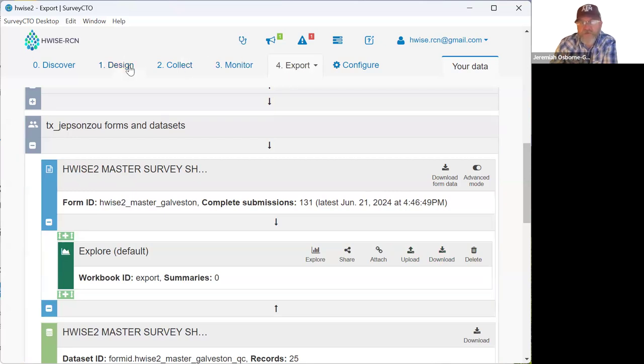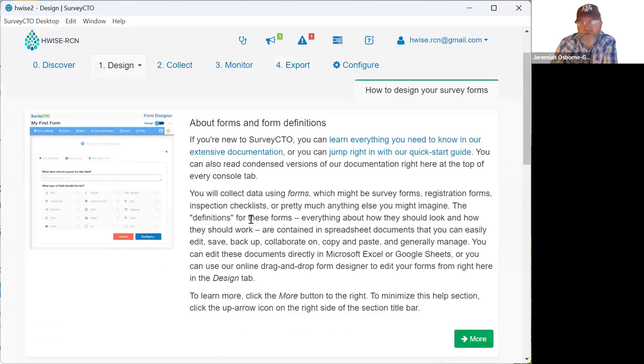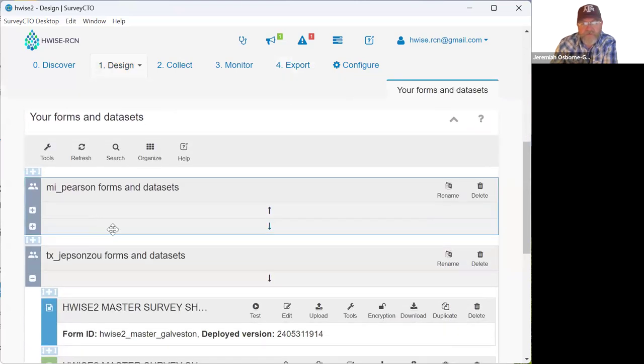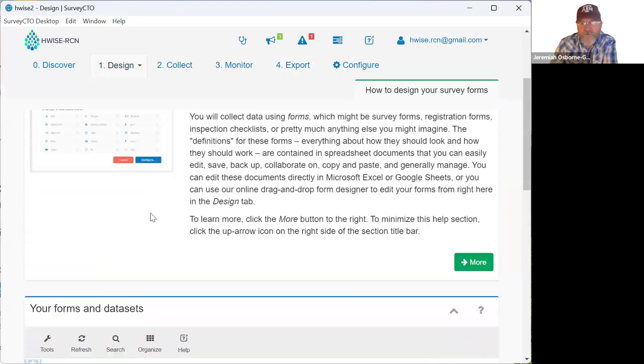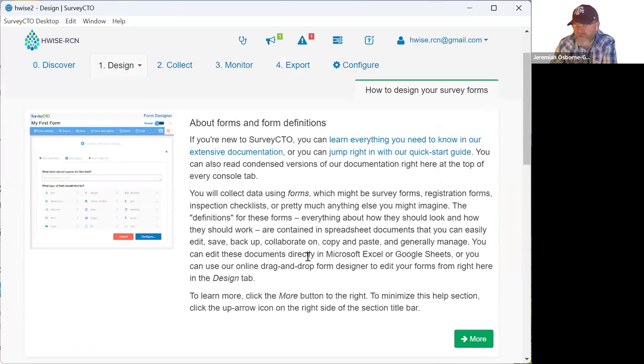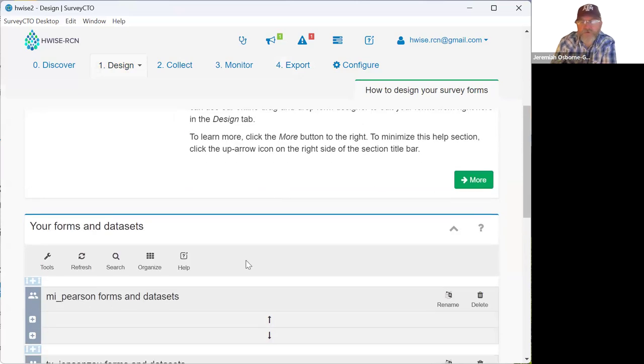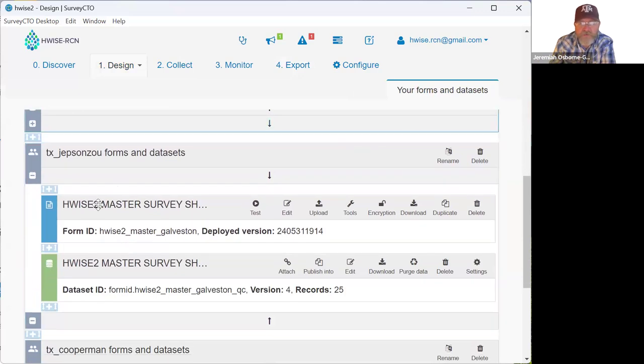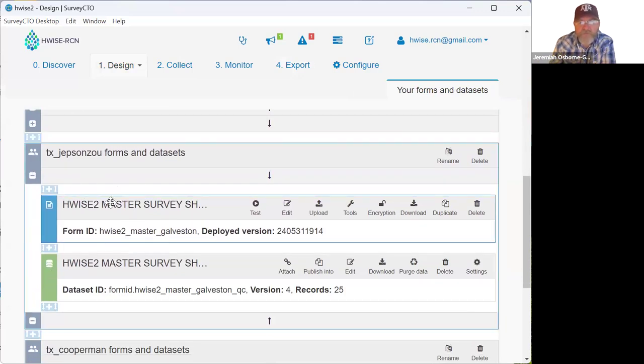The other thing you want to make sure you do, you want to go back into your design tab here, and scroll down. There's some stuff about the design if you wanted to watch any videos, tutorials, look through those kinds of things about form definition. But at this point, the presumption is you have some familiarity with those form definitions and you've completed your work. So in this case, I would come back over here to my team here in SurveyCTO,